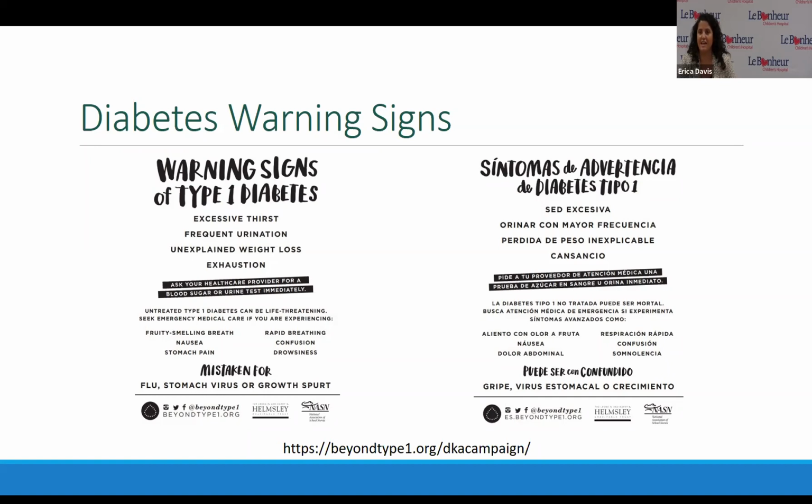So these signs that they have, they actually are spreading these out to different primary care doctors throughout the country. Could be a useful thing that you could download even and put in your nursing office. It comes in English and Spanish, which is super awesome because we talked about how diabetes, especially type 2 diabetes, is actually a little bit more common in the Hispanic population. But we also see a lot of our people that speak Spanish really coming in with type 1 diabetes as well. So I love that they have both of these available. So if you wanted to download that, you could go to beyondtype1.org/DKA campaign to get those signs for free.